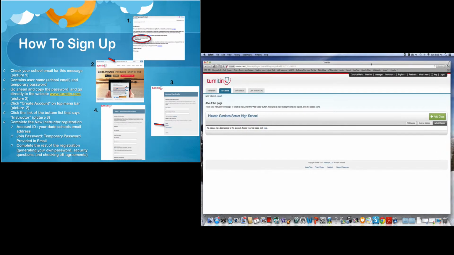Once we're logged on, it's going to take you to your homepage. This is what your Turnitin.com homepage looks like. Once you've created your new password, once you've checked off the agreements, made your security questions, this is what your screen should look like. You should see Hialeah Gardens Senior High School right here in the top left. At this point, I have no classes added, and we're going to go through those steps in order